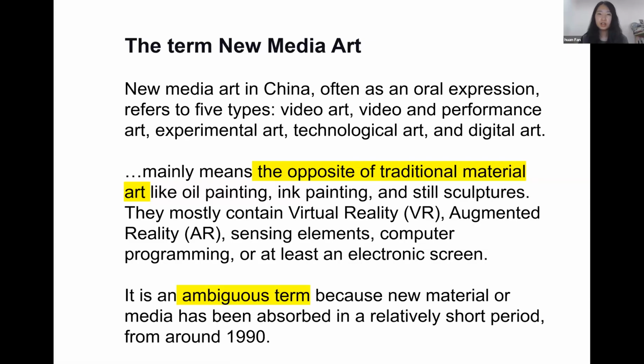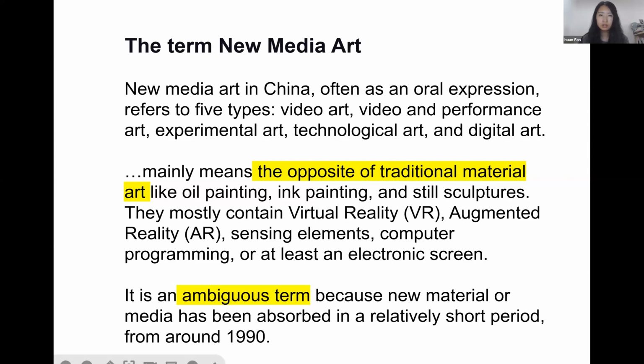new media art in China, often as an oral expression, refers to five types: video art, video and performance art, experimental art, technological art, and digital art. It mainly means the opposite of traditional material art like oil painting, ink painting, and still sculpture. They mostly contain virtual reality, augmented reality, sensory elements, computer programming, or at least an electronic screen. It is an ambiguous term because new material or media has been observed in a relatively short period, from around